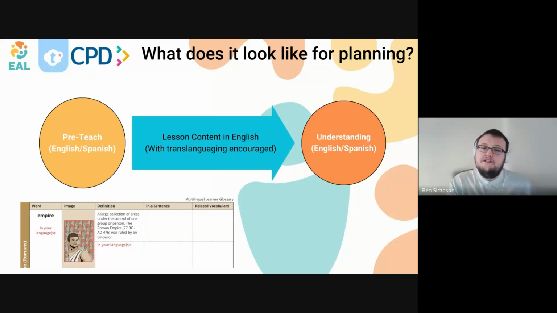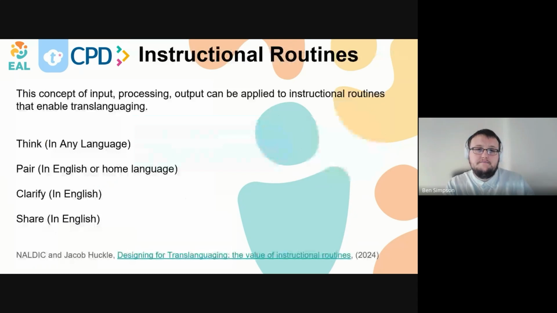We can help clarify concepts and build vocabulary in this pre-teaching period, and then develop the subject knowledge in English and in their home language. So for example, the provision of multilingual glossaries can help multilingual learners explore the topic and reinforce understanding. So in our curriculum scaffolding packs, we took care to help learners understand key vocabulary through both visual representations, as you mentioned in the chat, and opportunities for multilingual expressions like these glossaries. So we're really building that exploration of language, which translanguaging requires.